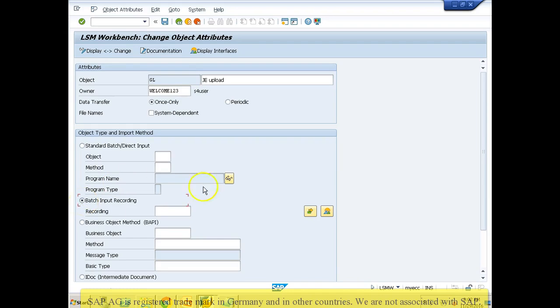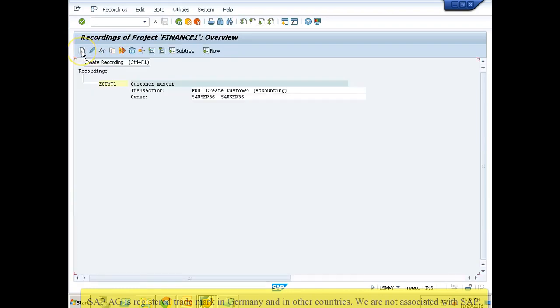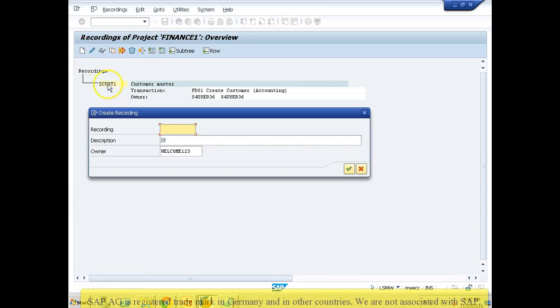Batch input recording, and go to overview and click on create recording. This is coming for the master data because we are using the same project. So all the recordings that are made in the same project would be available for all objects. So in the new recording, I'll make it as the